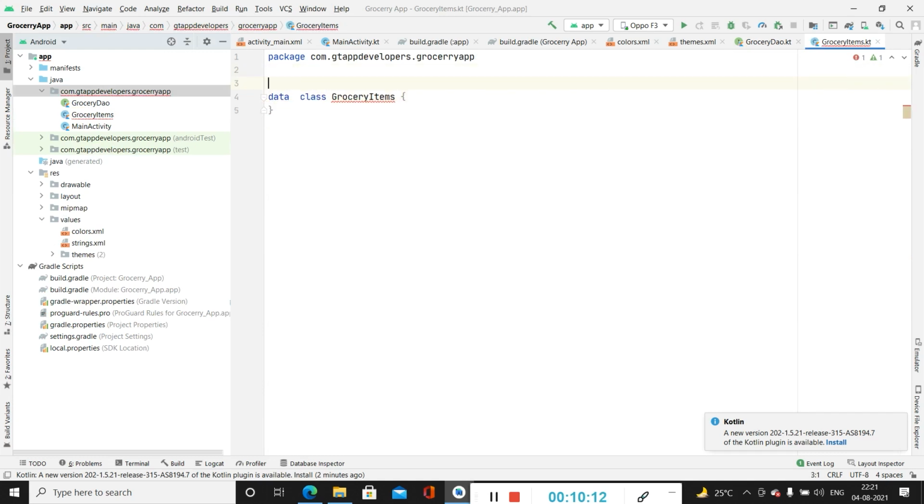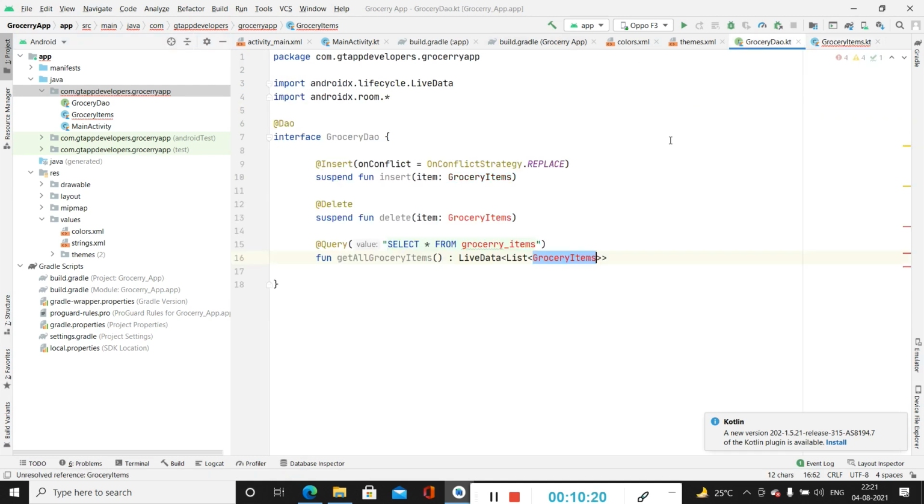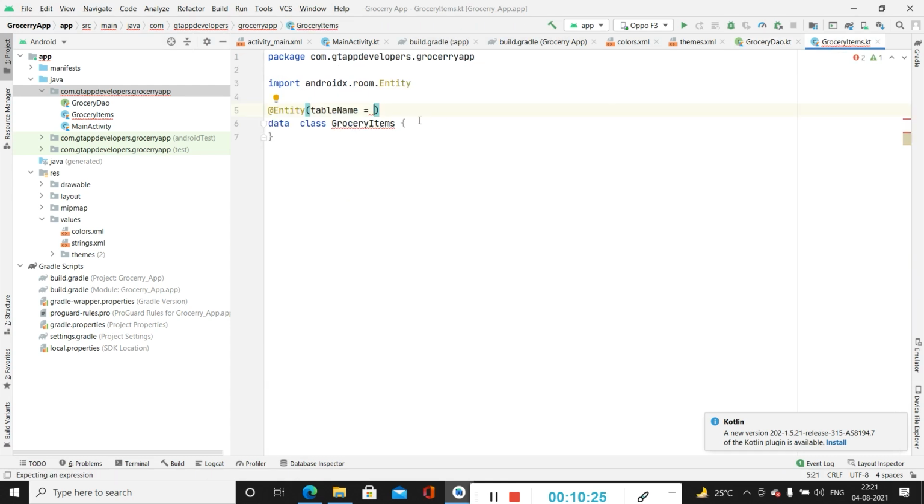And inside this we have to annotate, that is we have to create an entity. Inside this we will specify the table name. The table name will be similar to what we have specified in the DAO class, that is this one, grocery item. So we will copy this and use the same here. Now inside this